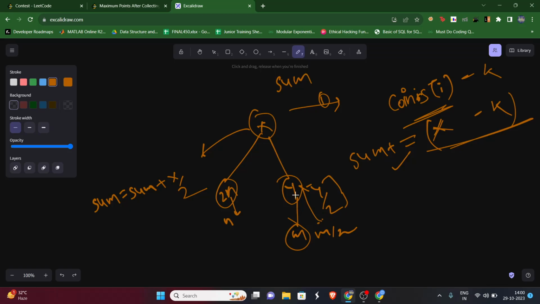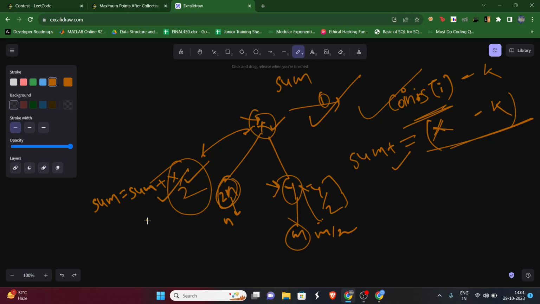Okay, so we are clear till here, right? So we need to perform two operations. Either we can collect coins of i minus k, or else we can take x by 2 coins, considering that it will be x coins. Now let's say we have performed operation 1 over here, then we can perform any operation from here. Or if we perform operation 2 here, then it had become, initially there were